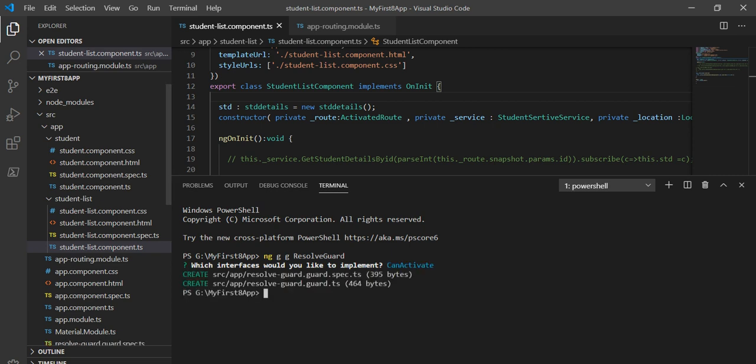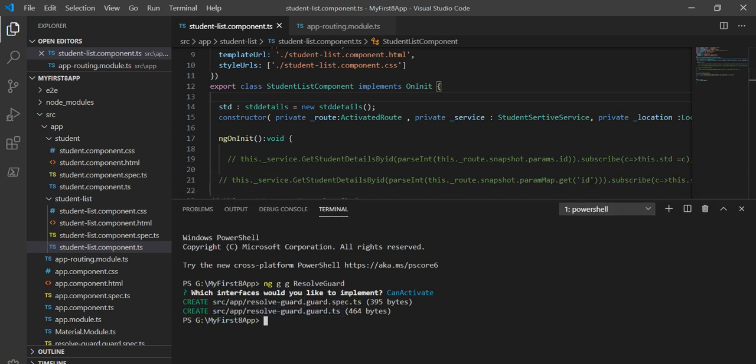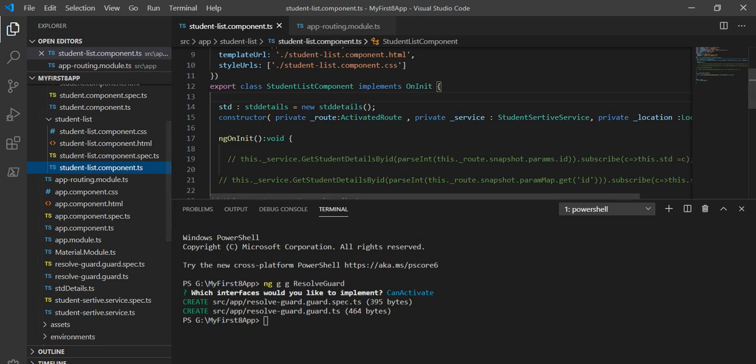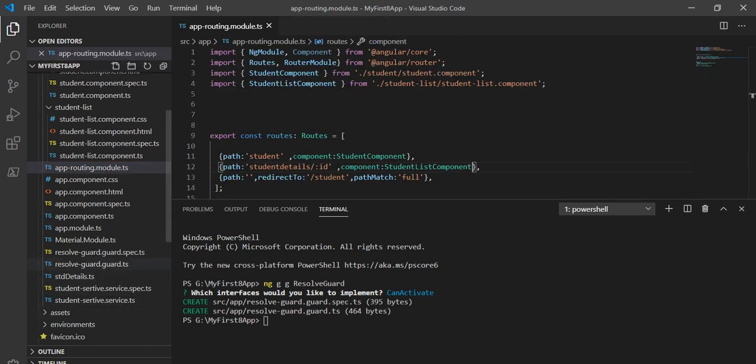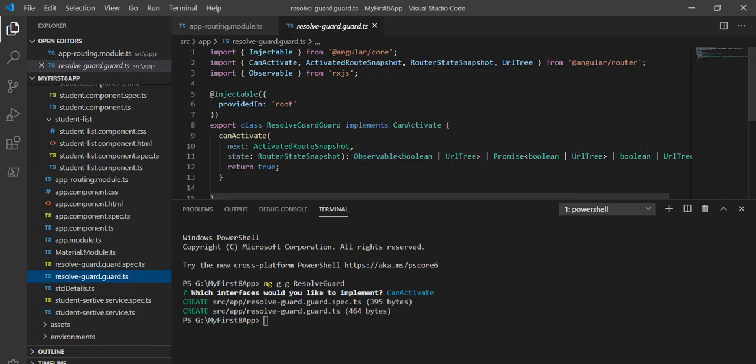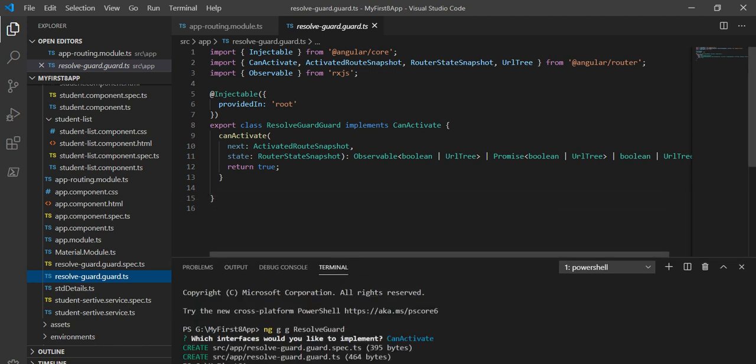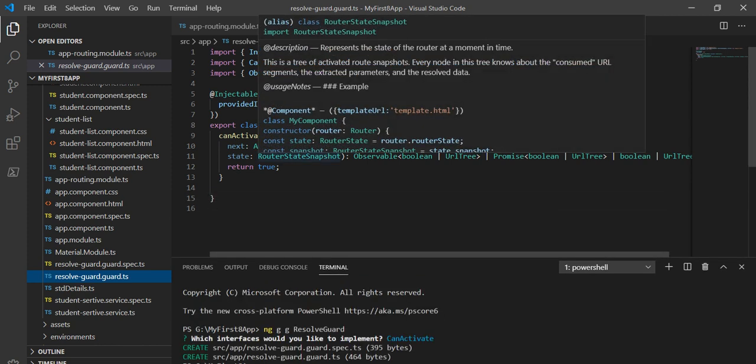It will create two files, as it created, one TS file and another the specification file. So we are going to work with the TS file. So go to that particular file, the resolve route guard, and here we will change this function as per our requirement.